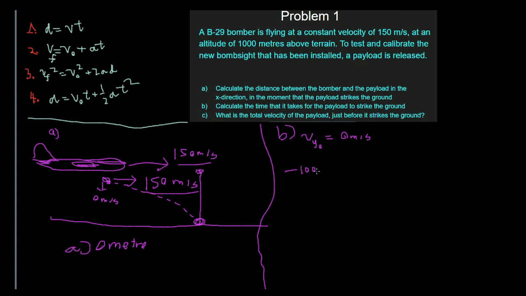Negative 1,000, because remember the payload is going downwards 1,000 meters, equals 0 minus 1/2 of 9.81, which is equal to 4.905. And again, this value of acceleration is negative, because remember that acceleration is going downwards. So that means it must be negative. And then time squared. So now we can just use our calculator to calculate for time. 1,000 divided by 4.905. We take the square root of that. We get t equals